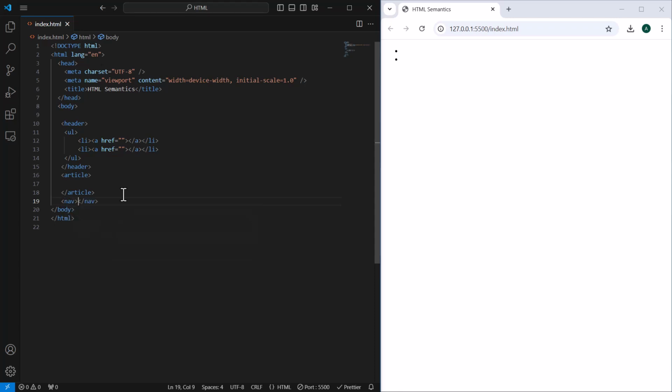Then we'll have the nav. So this nav normally serves as a container to the navigation menu, and instead of putting this in other lists here, I'll put this nav inside it to show the beginning of the navigation. I'll put it here, then put this inside the nav. So this is the standard convention when creating